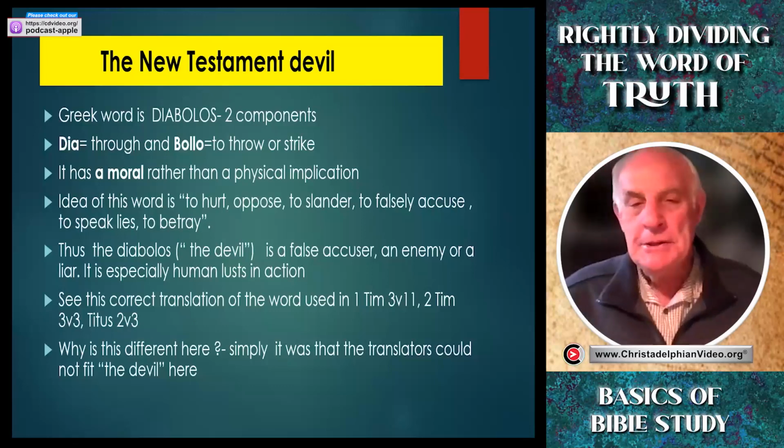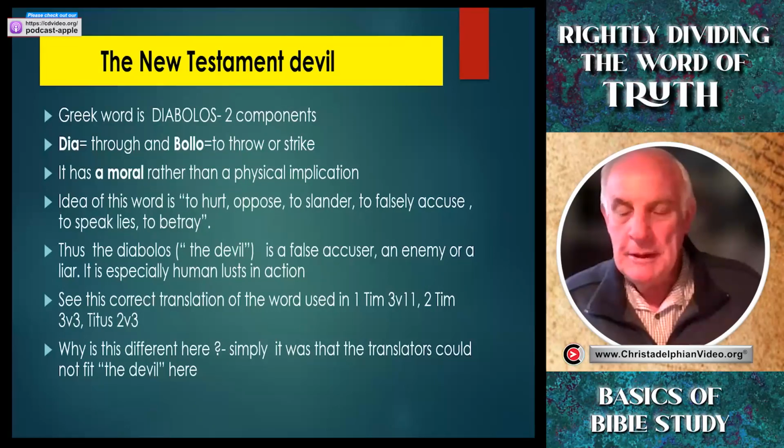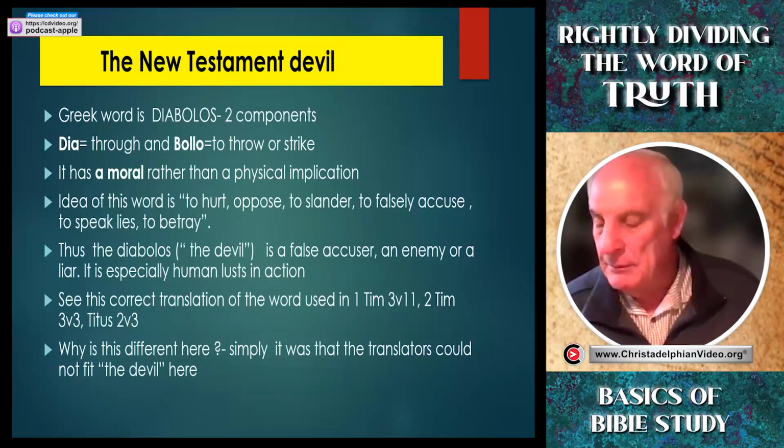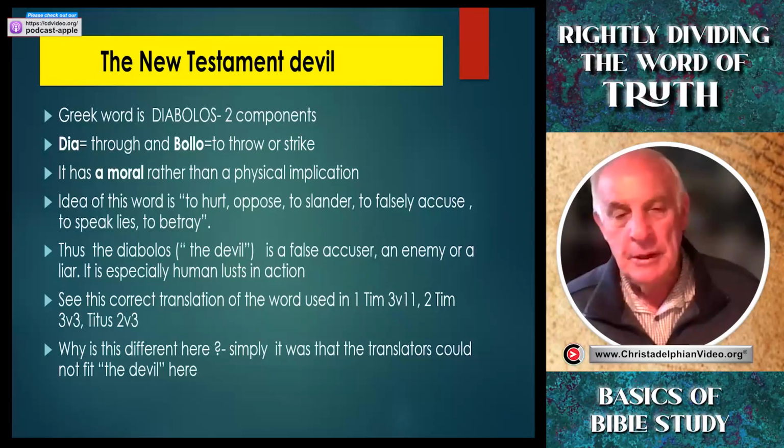which makes you wonder then why they insisted on putting devil wherever they could put it. And that just shows you how biased they were. Whenever they could put the word devil in the record, they did. And of course, when people approach the Bible already believing in a fallen angel devil, then they think the translators got it right. Well, they didn't get it right. They got it dreadfully, dreadfully wrong and biased.